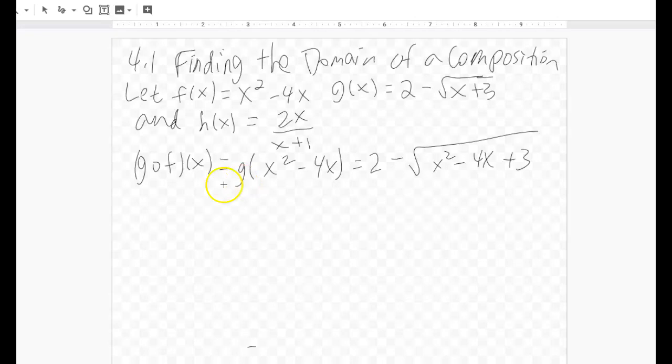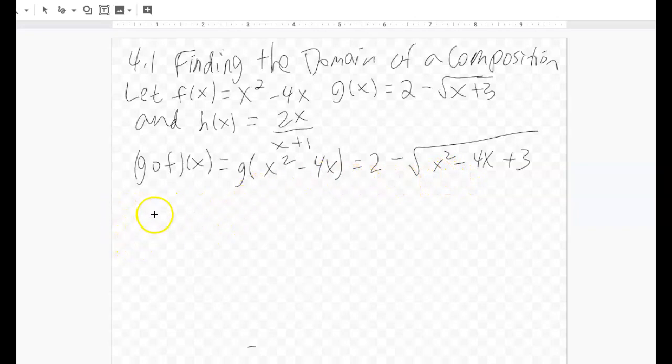Meaning, the domain for the inside function is all real numbers, but the outside function has a square root, and so when we plug in that inside function, these outputs plus 3, we need to make sure that this all works inside the square root,